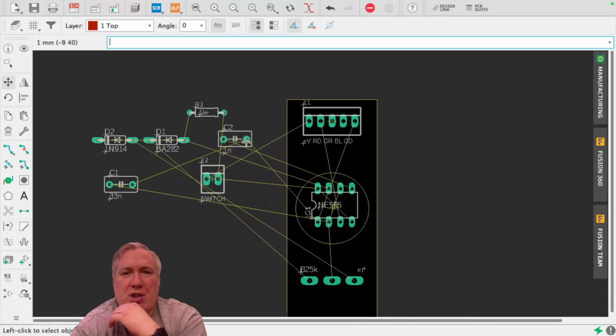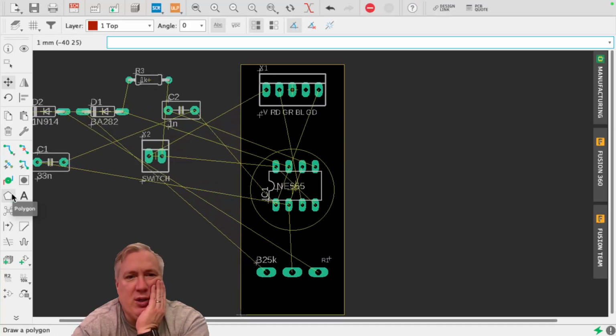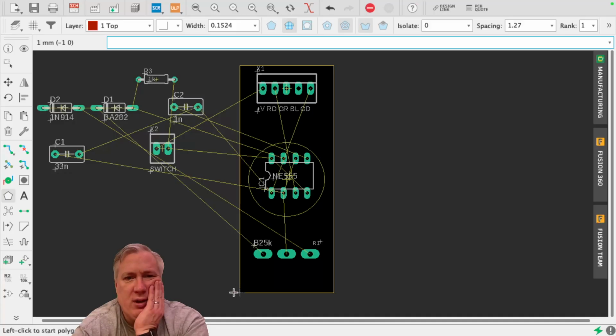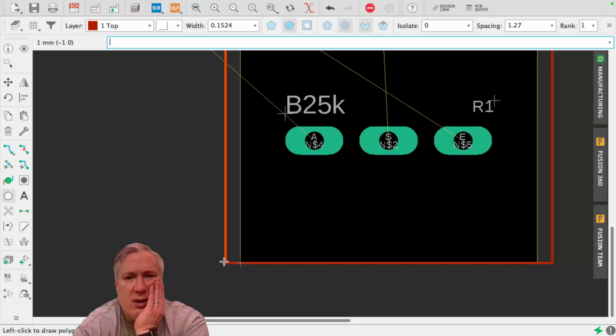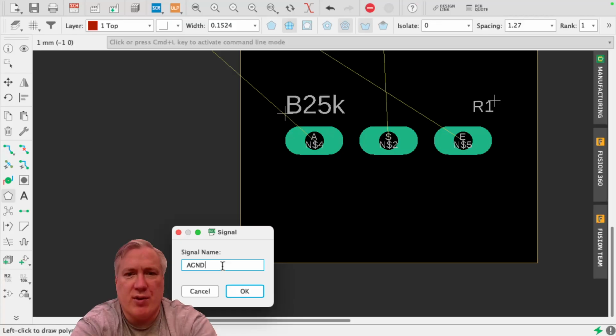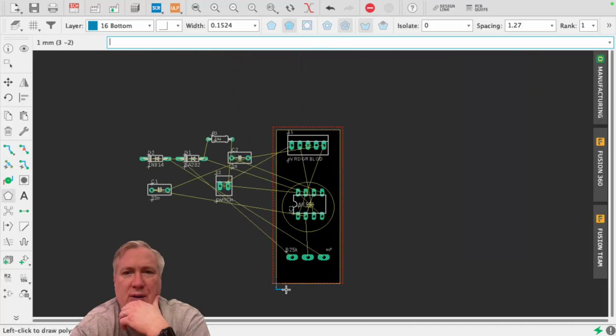Okay. What can be super helpful in this process is what we did with our driver, which is to click polygon and create a polygon. So I'm going to walk you through this. If I click polygon and go right angle and go hatched, all of those: polygon, right angle, hatch, and then I go around here and call this thing AGND for the ground. Okay. And then do the same thing on the blue, where I go around